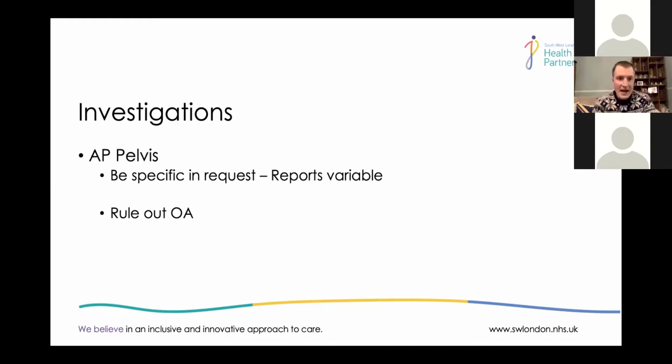And particularly for the GPs in the community that aren't able to even look at the images themselves, the report is so important for you. But the reports are very variable, even within the radiology department in the units that I've worked in. You get a very varied interpretation of what is a cam lesion, what's not, what's a pincer lesion, what's not. So I think it is a first line investigation that should be done, and it should be done in the community. But probably the main reason to do it is to rule out osteoarthritis, because if they've got osteoarthritis, then